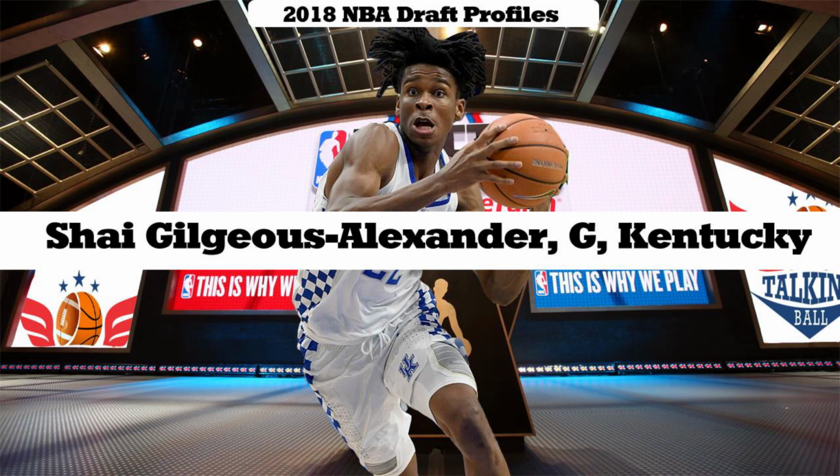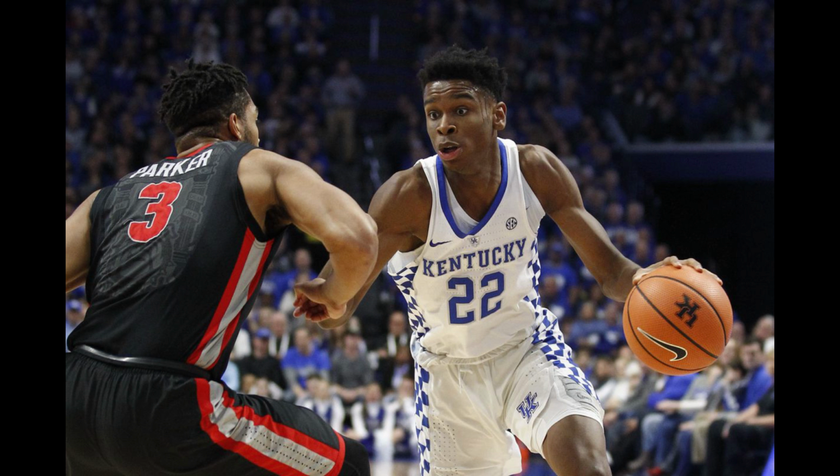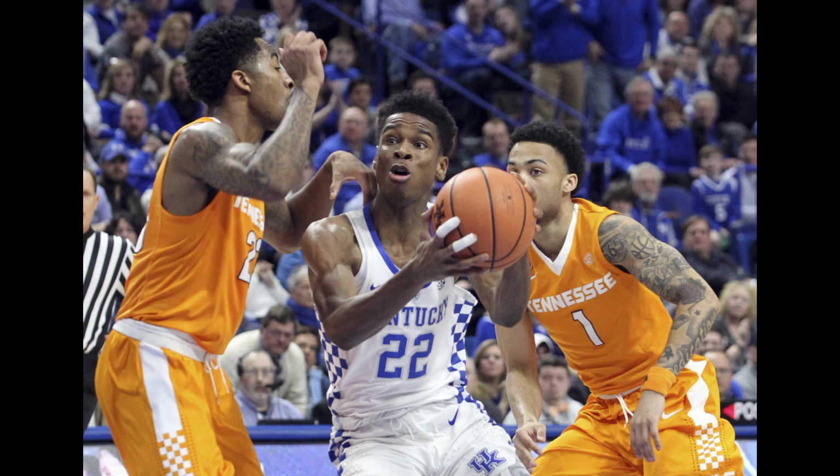Today, taking a look at one of my favorite players in the class, Shai Gilgeous-Alexander. 20 years old, he's got a July birthday, so he'll be rolling into the NBA calendar right in the middle, I would say, of the rookie pack in terms of his age. And at 6'6" with a 6'11" wingspan, weighing in around 185, 190 pounds, Gilgeous has the size and length for the guard position that you look for, and it's going to be a major plus for him at the NBA